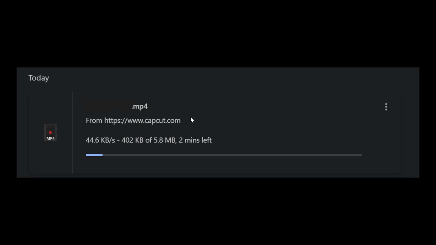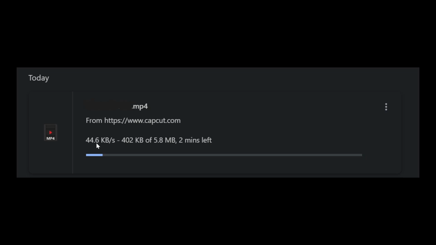But the biggest problem I have with using this browser method is that the download speeds are really slow. This isn't my Wi-Fi because I am able to get a lot faster speeds, but it's on their server and it's pretty much capped at max 100 kilobytes per second. But for me, it's usually around 40, and it can spike and go even lower to maybe like 10 or even 5 kilobytes. So if you're downloading some bigger files, especially if it's long form content, then this method is